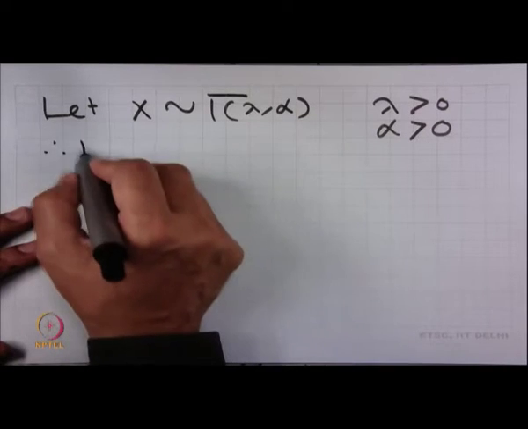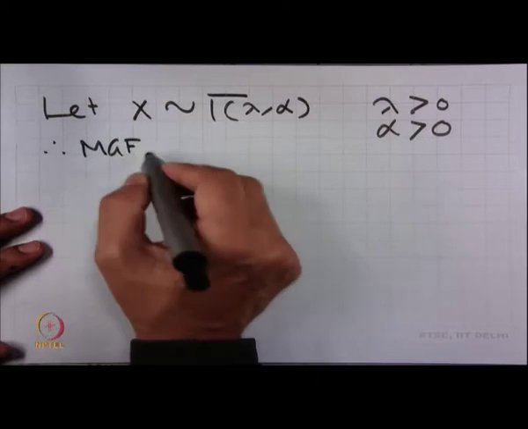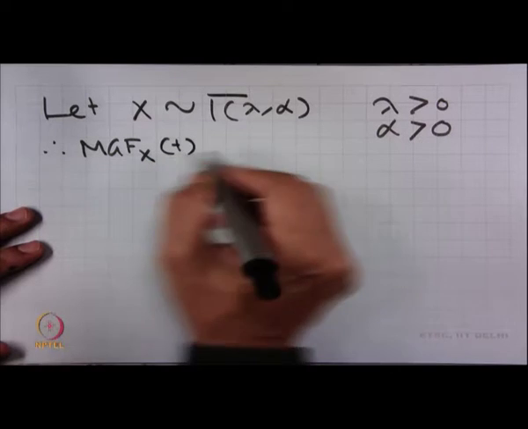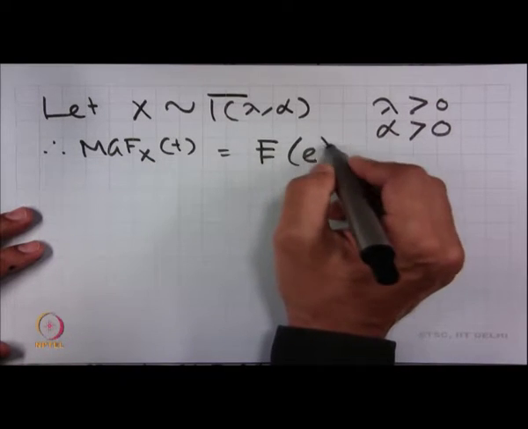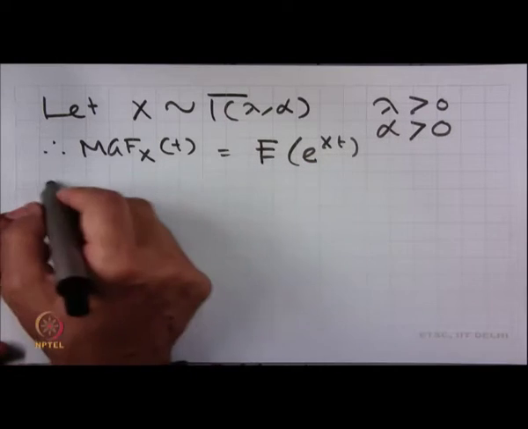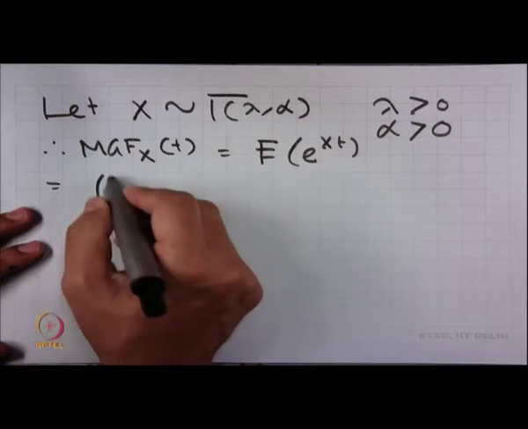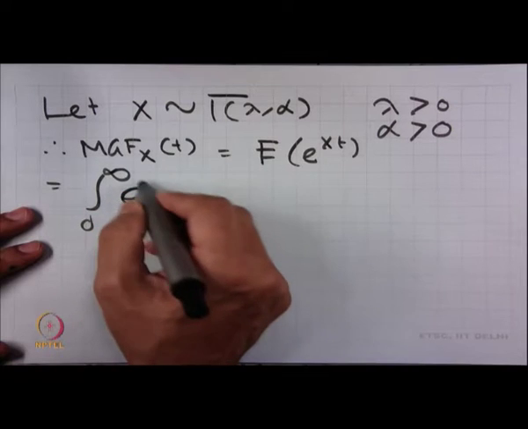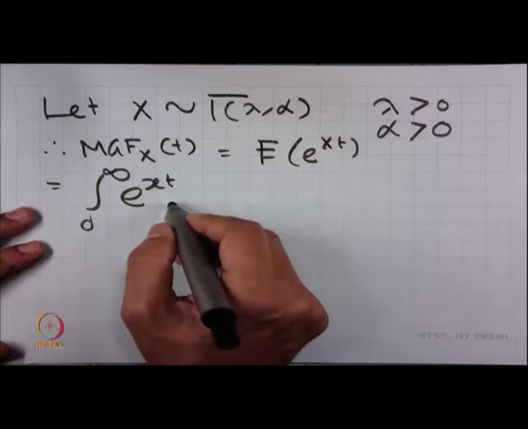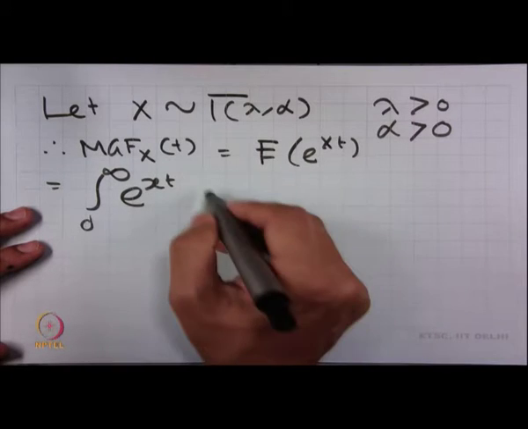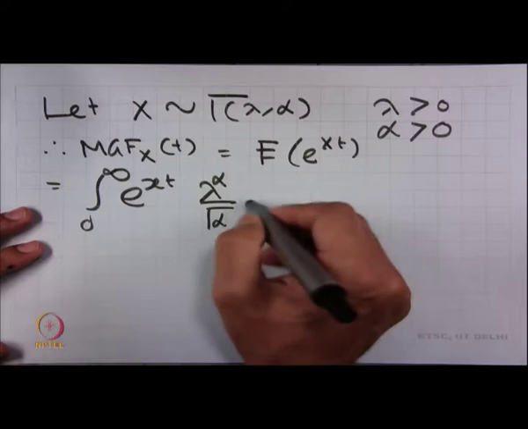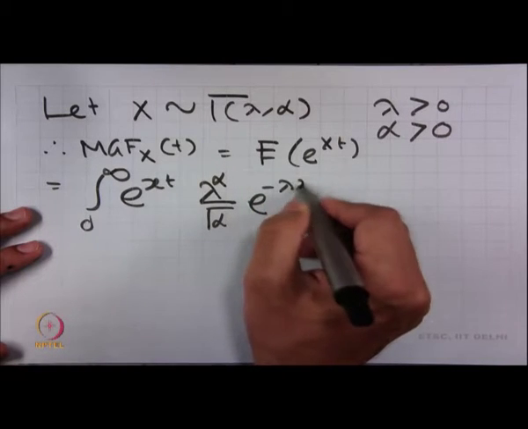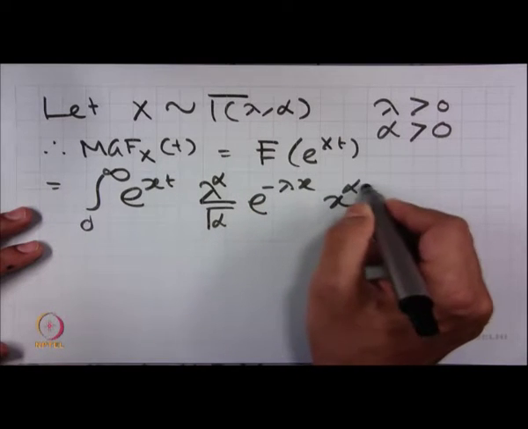Therefore, the moment generating function of X is equal to the expected value of e^(xt), which is the integral from 0 to infinity of e^(xt) multiplied by the PDF of X, which is lambda^alpha / Gamma(alpha) e^(-lambda x) x^(alpha - 1)